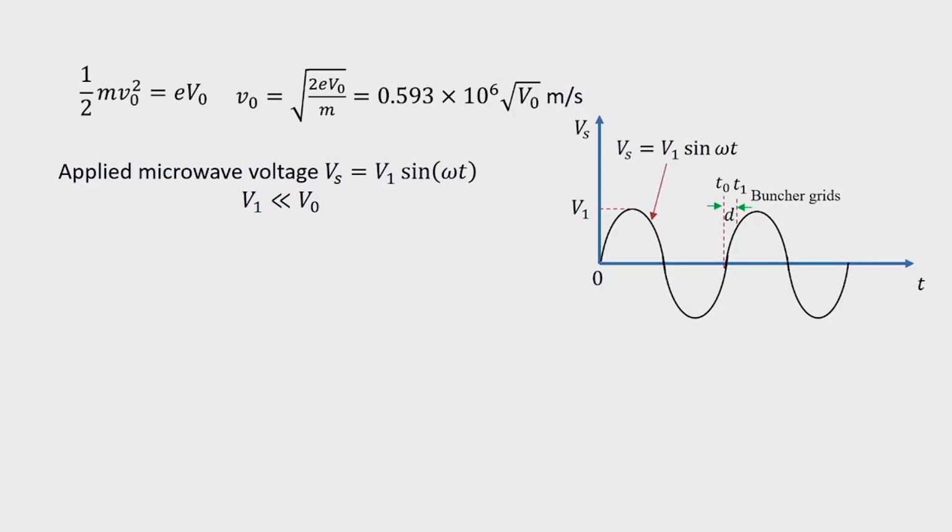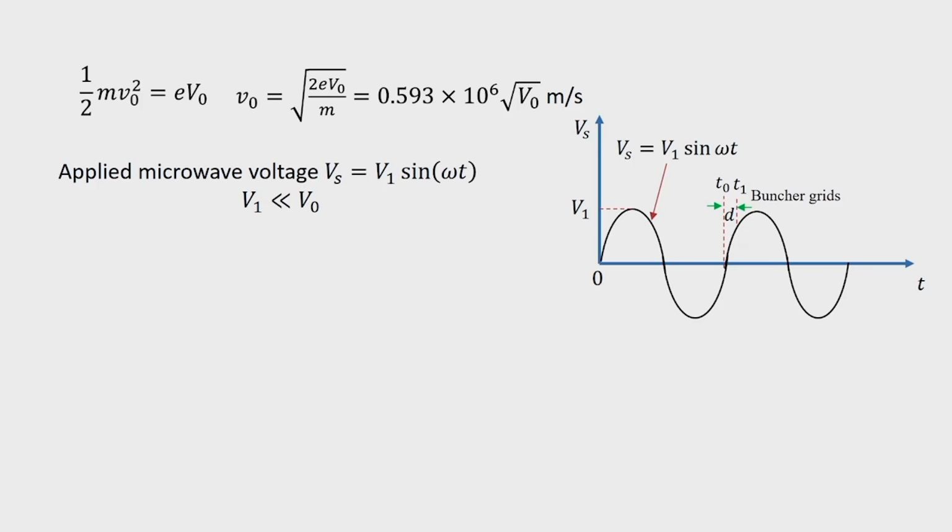Now, this voltage Vs will appear across the buncher cavity, and since the spacing between the buncher grids is kept small, we can see that